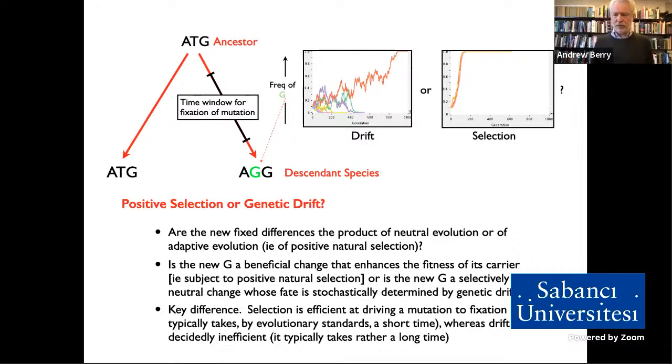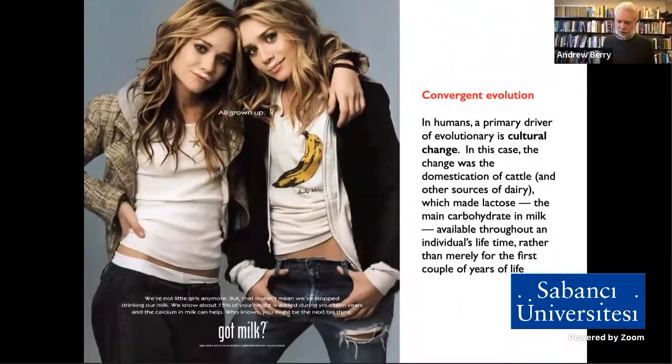Now, there are multiple ways in which we can attack this problem, and I can only give you a flavor of the kind of ways we go about it, but I'm going to start with a cool example: convergent evolution. Convergent evolution is when natural selection in independent populations produces the same outcome. If it's a random, stochastic process, you would not predict the same outcome. You need a deterministic driver, if you like, to produce that same outcome.